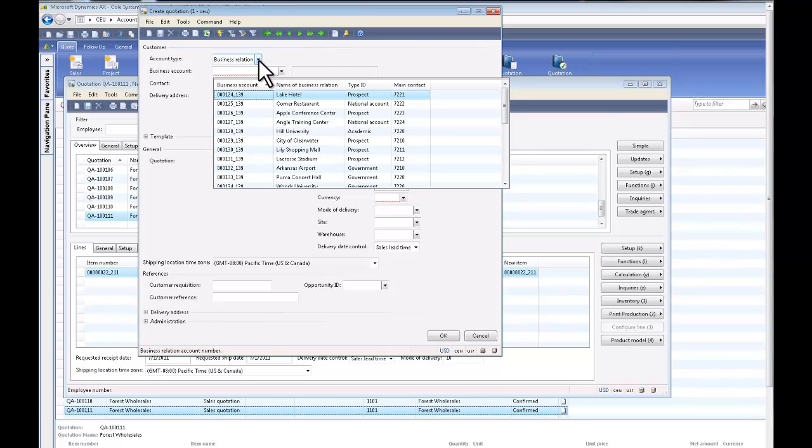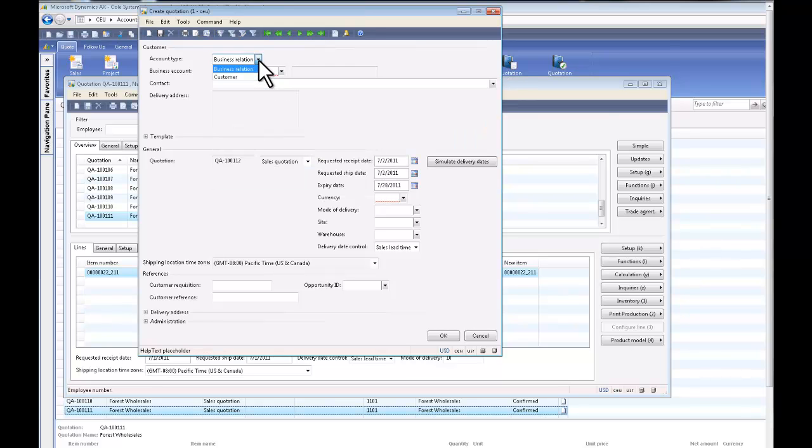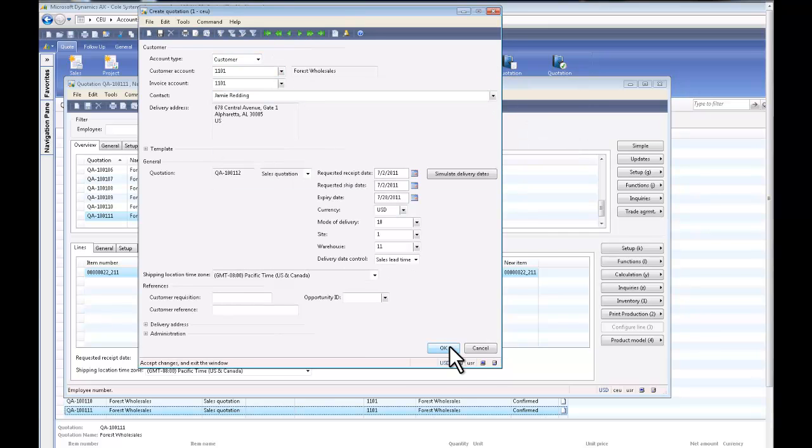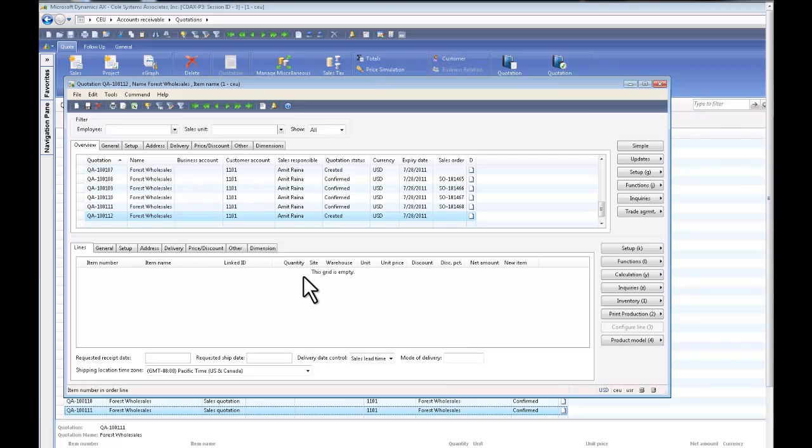Account type, I need to choose between a business relation and a customer. Business relation being a prospect, somebody we haven't done business with. I'm going to choose my customer and I'm going to hit OK. You can see that the system created the sales quotation header for me, and now I need to define the